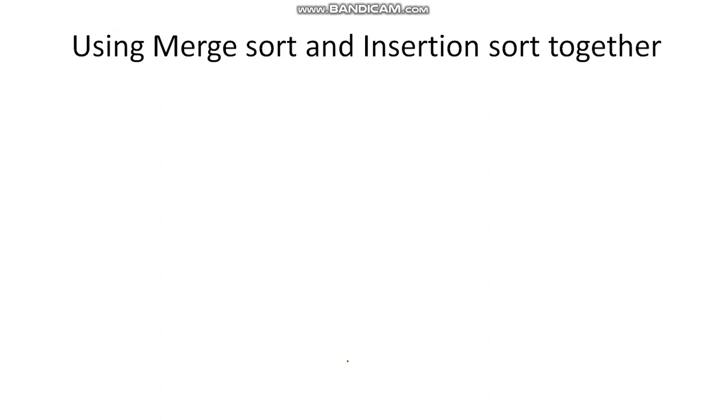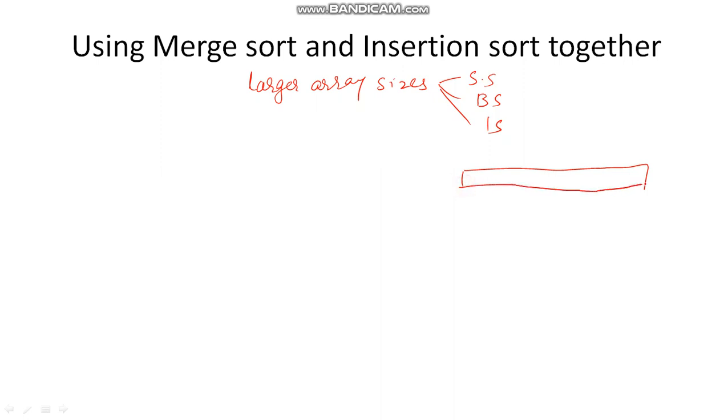One modification in the merge sort is that we can embed insertion sort into the merge sort. Merge sort is very good for larger array sizes, as compared to selection sort, bubble sort, and insertion sort. But merge sort is not powerful when your array size is smaller. Merge sort will start taking more time, because if you have, let us say, 100 elements, 50 will be divided, 50 elements, 25 will be divided, and 25 elements, 12 and 13 will be divided. So most of the time is utilized in dividing the arrays.